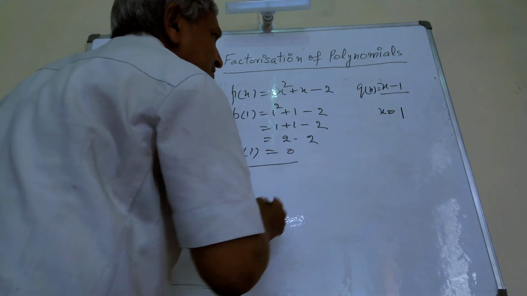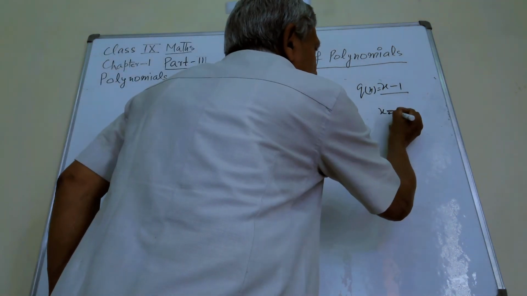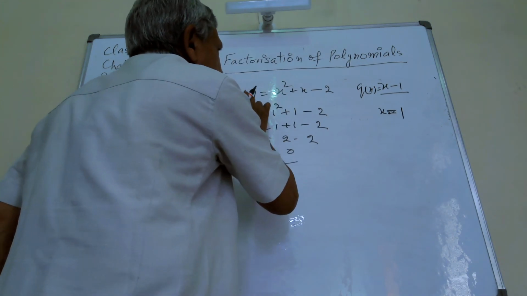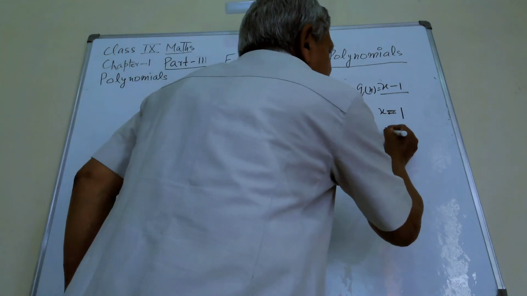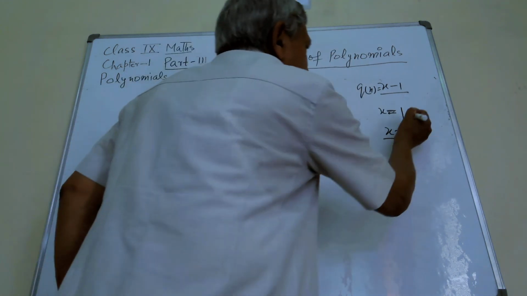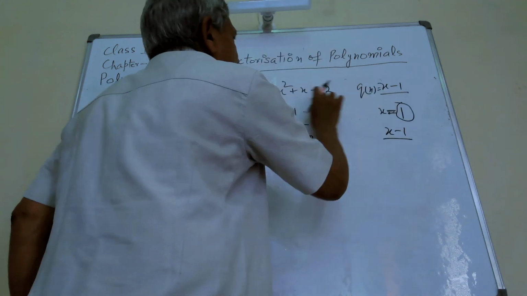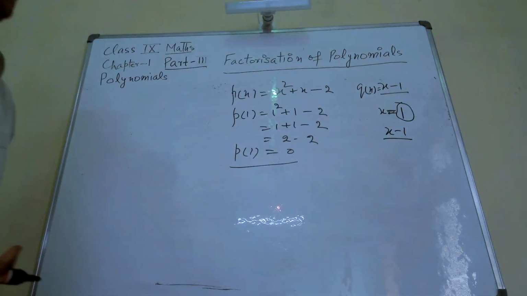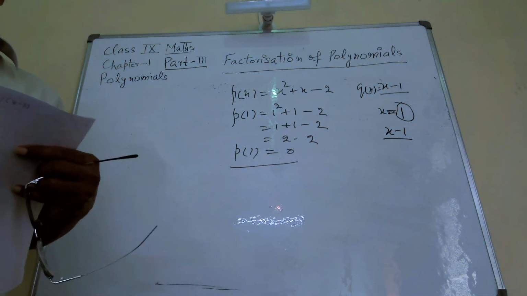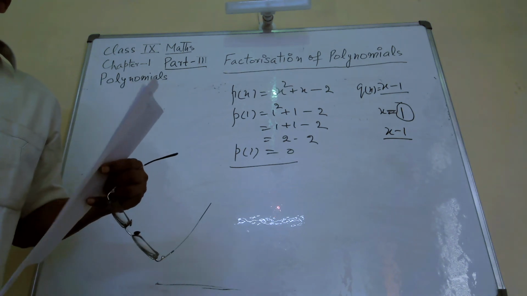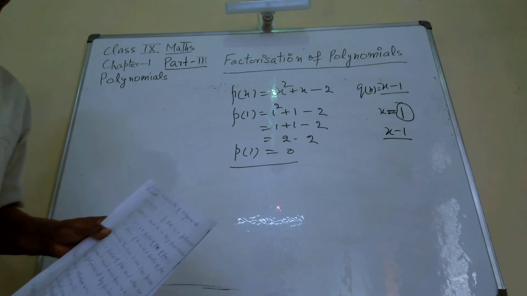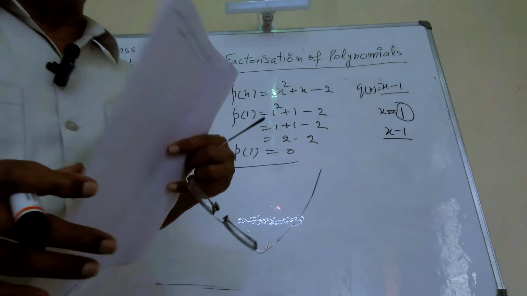This means this value of variable x makes this polynomial 0. Hence, this x minus 1 is a factor of this polynomial. And 1 is the zero of this polynomial. So by the remainder theorem, we can check each and every factor, whether it is a factor or not. So in part third,